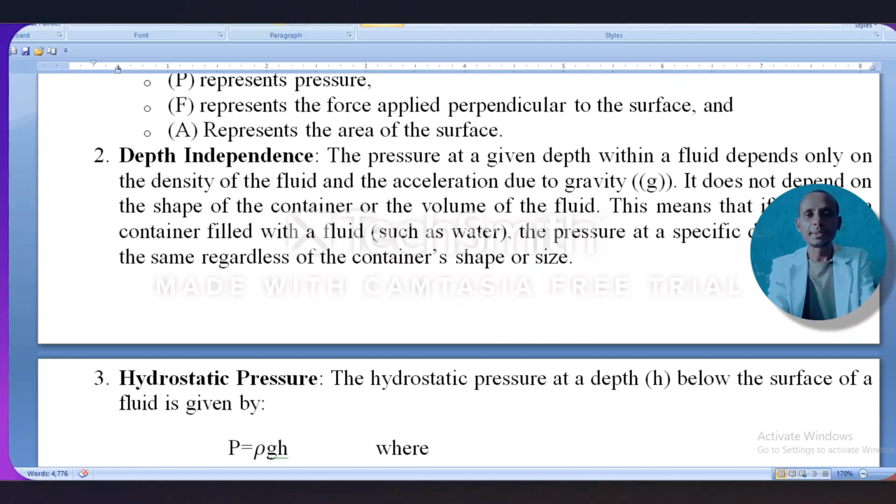Depth dependence: the pressure at a given depth within the fluid depends only on the density of the fluid and the acceleration due to gravity. It does not depend on the shape of the container or the volume of the fluid. This means that if we have a container filled with a fluid such as water, the pressure at a specific depth remains the same regardless of the container's shape. And the other one is